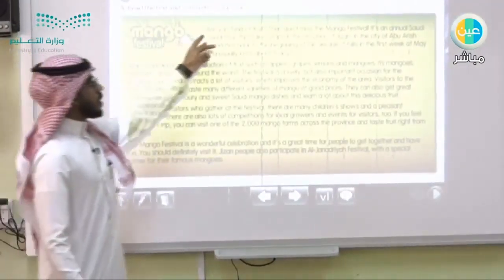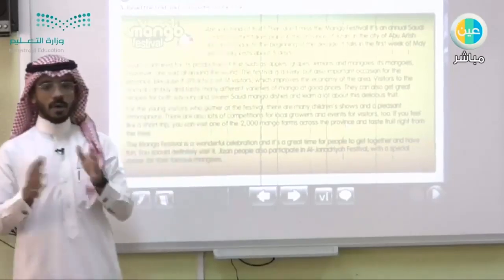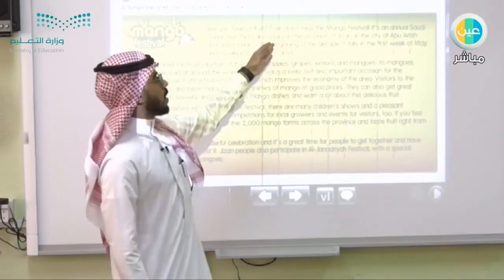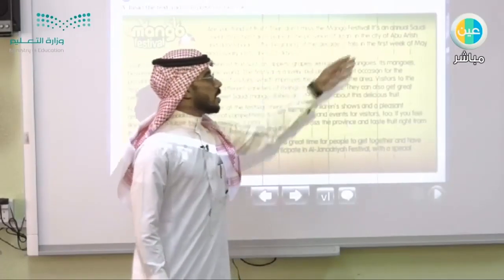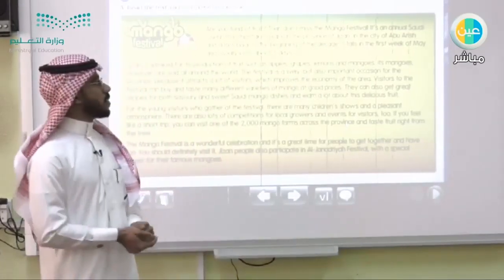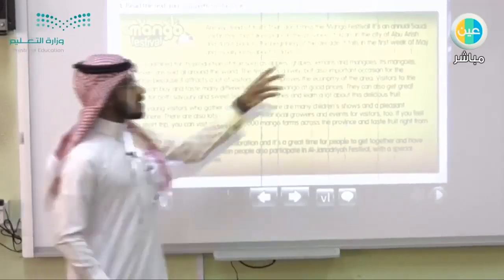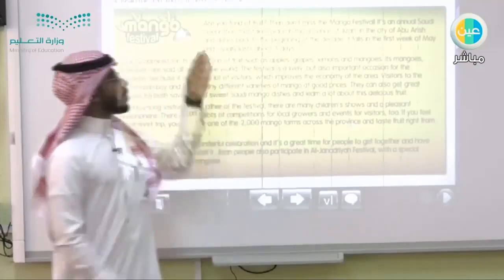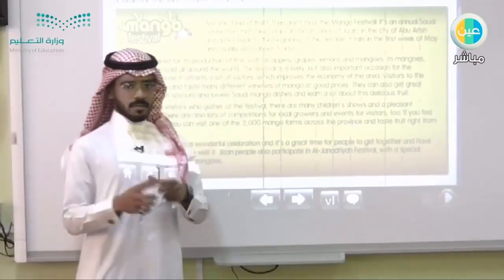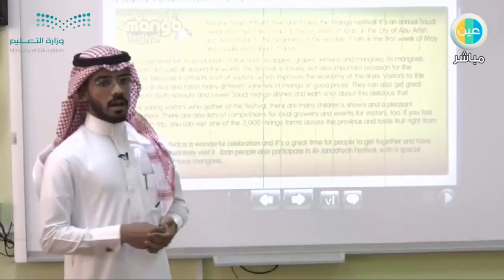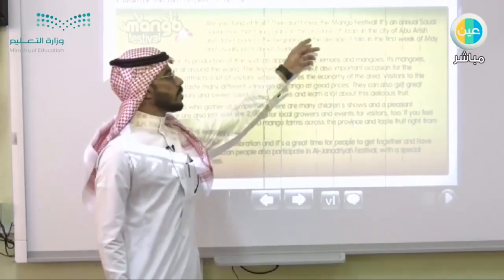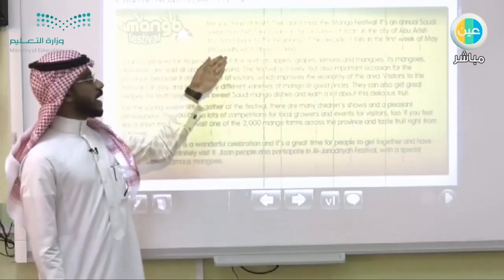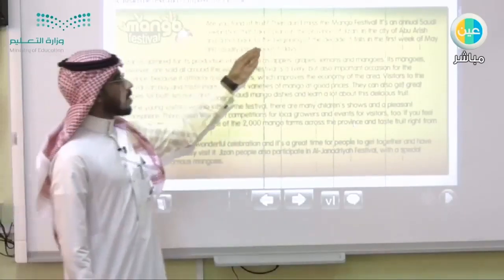Are you fond of fruit? Then don't miss the Mango Festival. It's an annual Saudi celebration. Annual, that means to happen once a year. Saudi celebration that takes place, means to happen. Take place in the province of Jazan, in the city of Abu Arish,